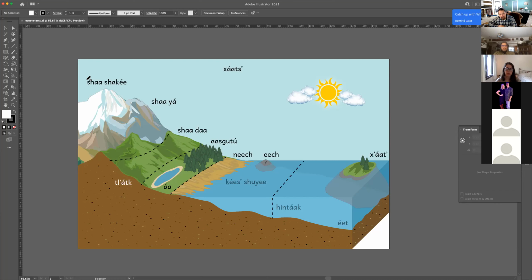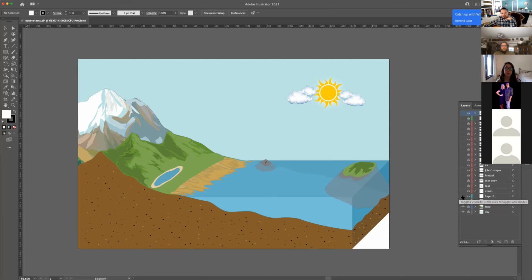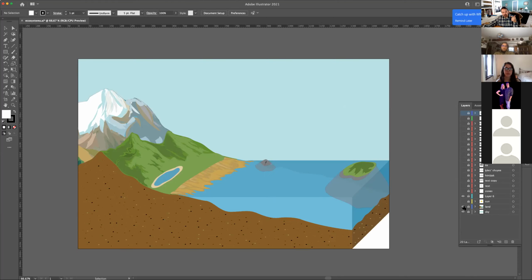But this is made up of several different layers. Let me move this little thing. So for example, I've got animals, I've got plants. Get rid of the plants. I can get rid of the text. I can get rid of these little zones. I don't know what that one is. There's the sun, there's the land, there's the sky. So each of these layers, this one's on the bottom, this one's on top of that,